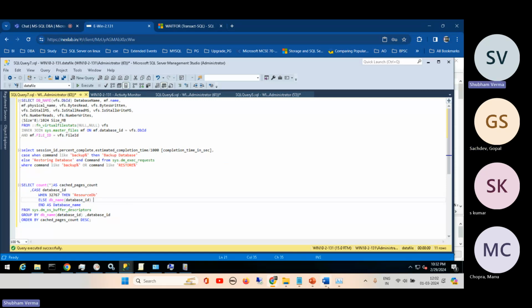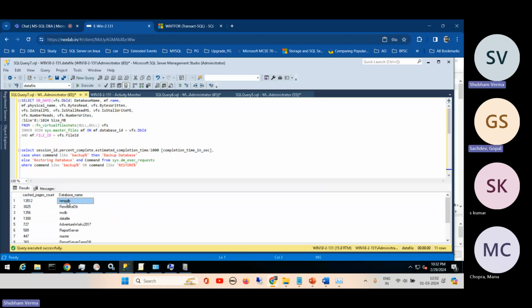So here it is for tempdb. See here, this is for tempdb, not for the user database. So if you modify some data, write some data, fetch the data, then we'll get the user database here. I think user databases should be on top rather than the system databases, because we are not hitting system databases from the application side. Any value here, if it is less than this? No, no. It is nothing. The bigger it is, the better. If it is a user database,